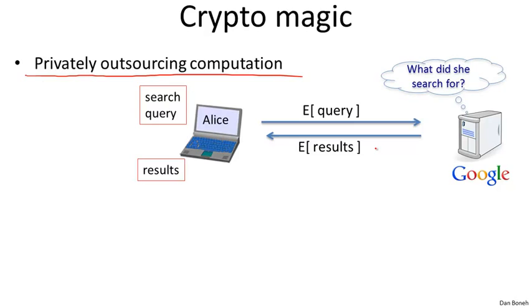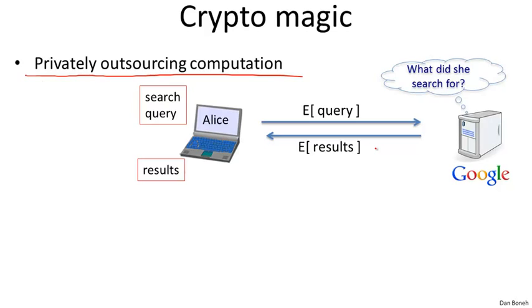Okay, so these are magical kind of encryption schemes. They're fairly recent. This is only a new development from about 2 or 3 years ago that allows us to compute on encrypted data, even though we don't really know what's inside the encryption. Now, before you rush off and think about implementing this, I should warn you that this is really, at this point, just theoretical in the sense that running a Google search on encrypted data probably would take 1 billion years.